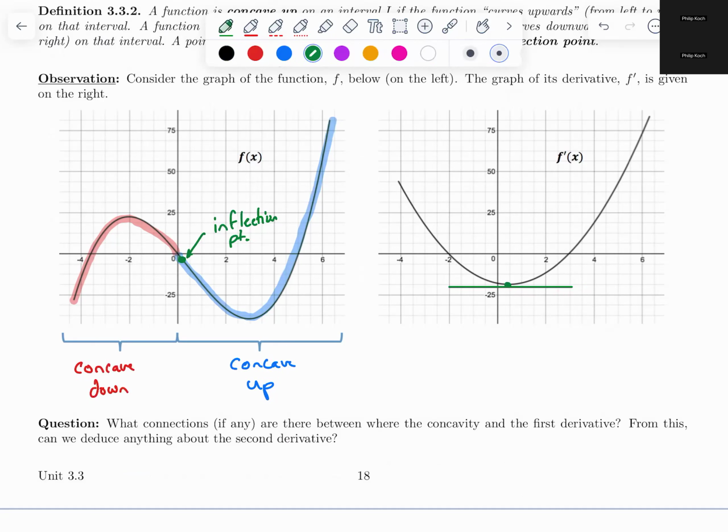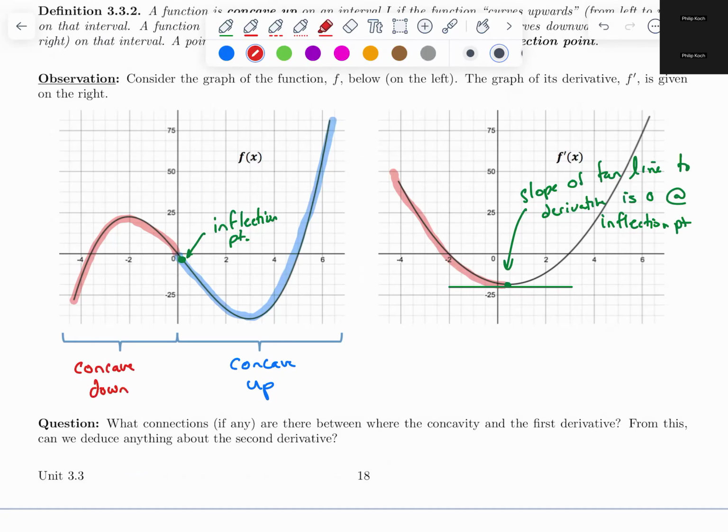So the slope of the tangent line to f prime, to the derivative, is 0 at the inflection point. Okay. So that's important to know. And then if we look at the place where it was concave down, it was concave down from about negative infinity to that inflection point. So this segment right here,